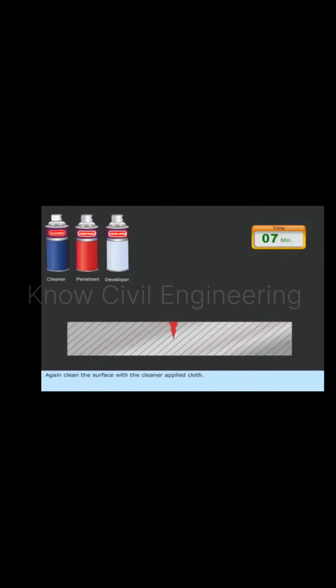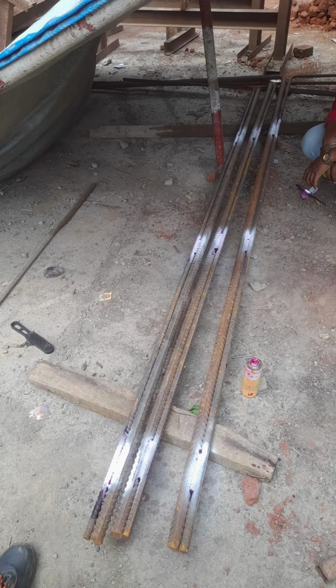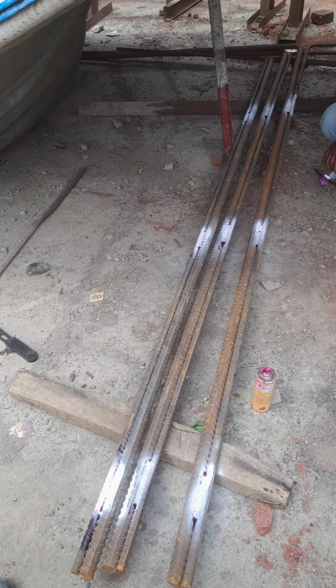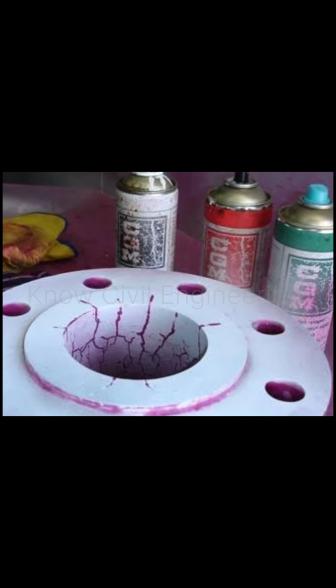After the removal of extra penetrant, the developer is then applied over it and kept for 10 minutes, that is development time, during which it sucks and brings all the entrapped penetrant from the flaws, if present, onto the surface. Since the penetrant is a red colored liquid and the developer is a white colored liquid, it helps the penetrant to appear in a sharp red color. Hence, we can easily identify the flaws if present.